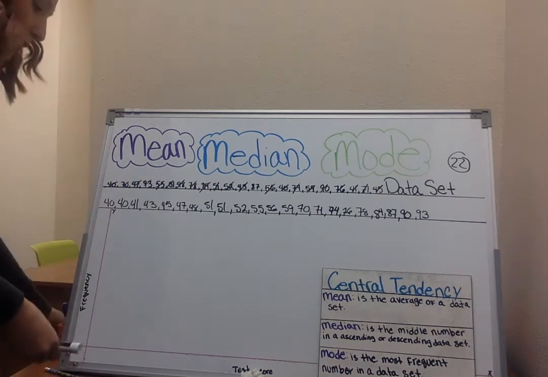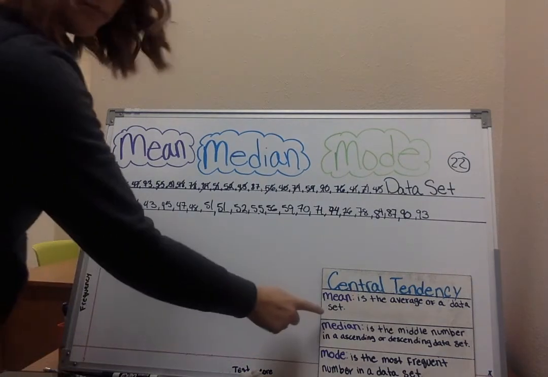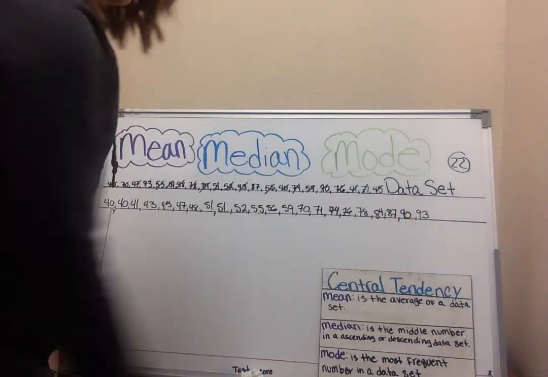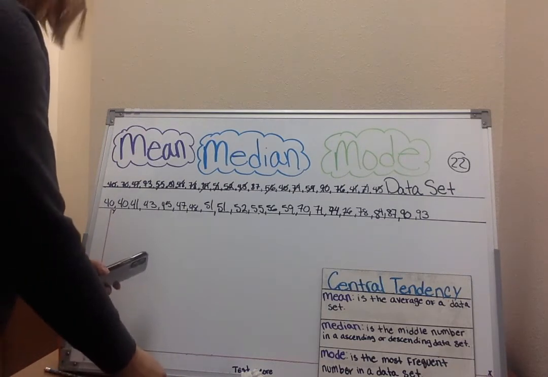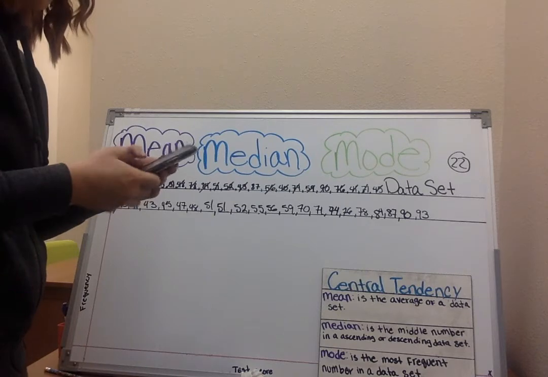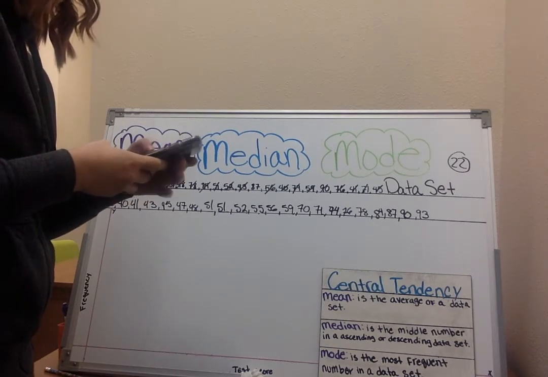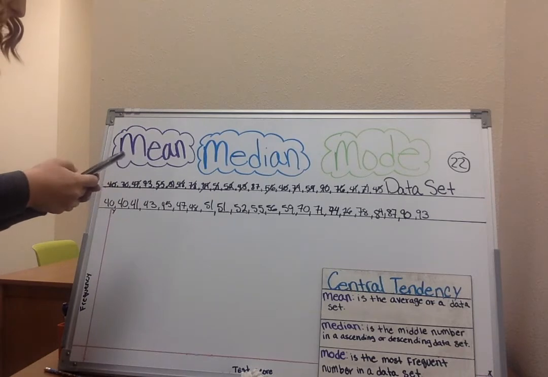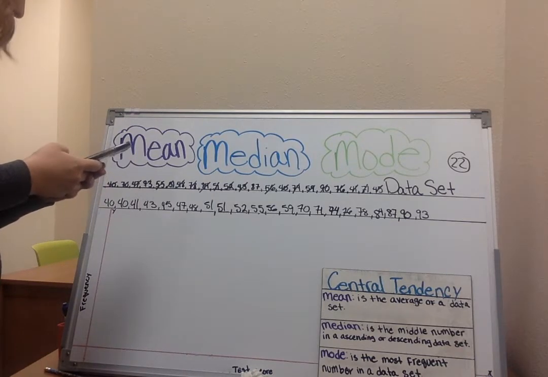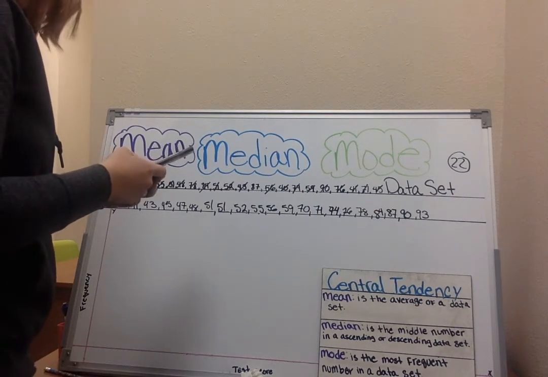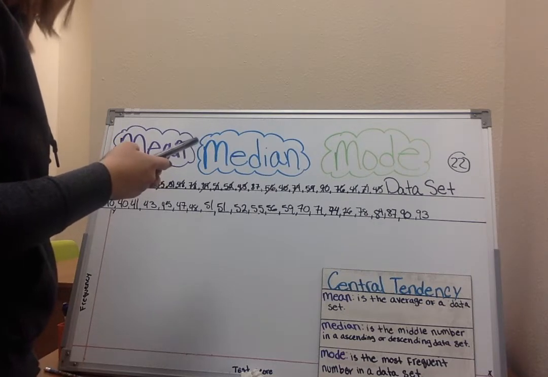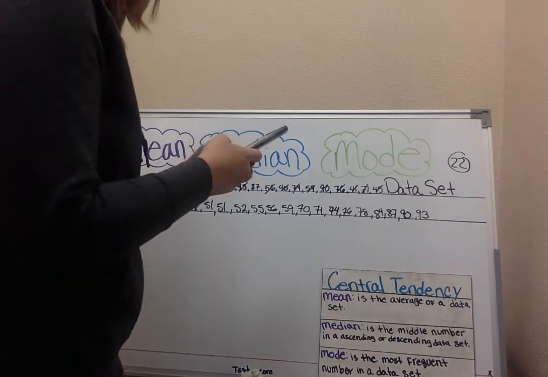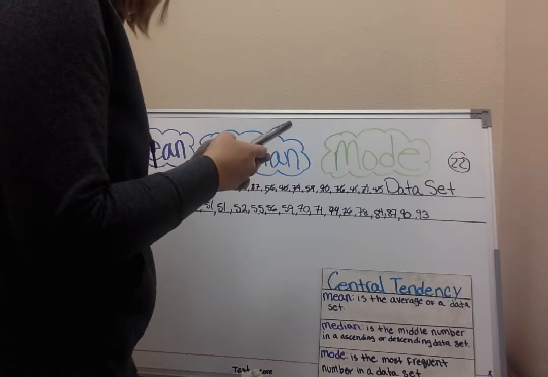So if we focus on the mean first, we need to add all these numbers up, which can be very scary. But we're going to use our calculators. I'm going to use my phone as my calculator. And we're going to start with our first number. So 40 plus 40 plus 41 plus 43 plus 45 plus 47 plus 48 plus 51 plus 51 plus 52 plus 55 plus 56 plus 59 plus 70